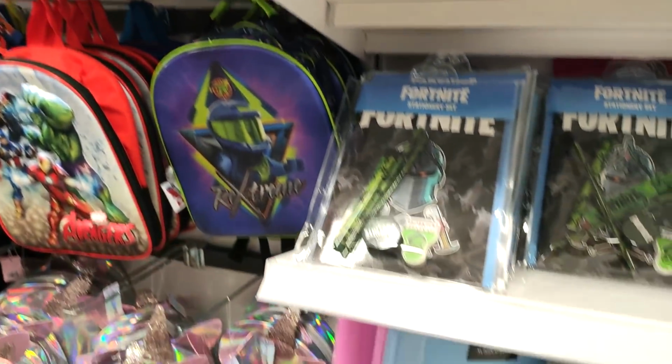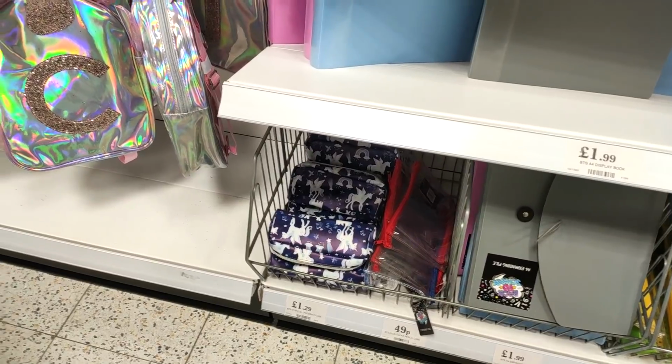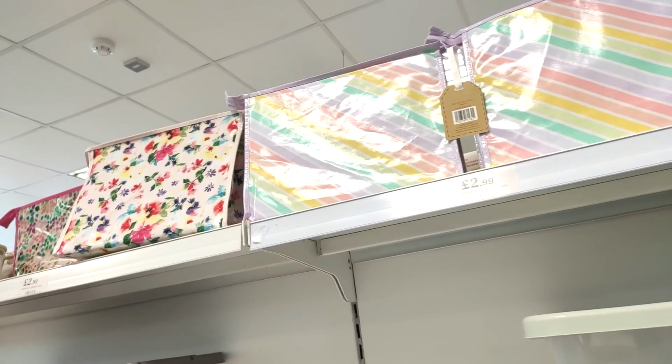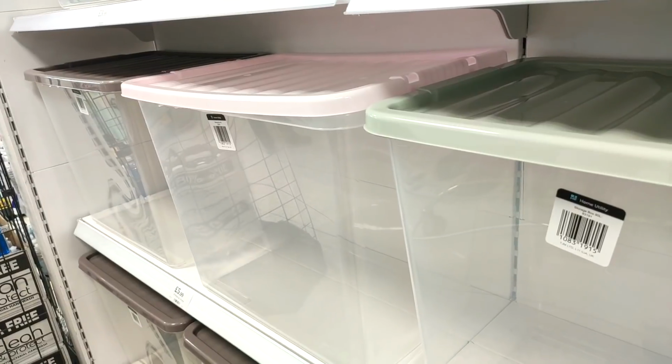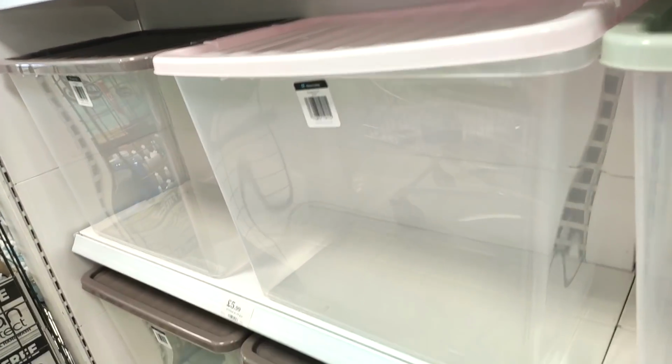And then moving on to the bags and the pencil cases that you can see there. I think they're perfect just for if you've got kids that are starting school. It just makes them a little bit more excited to go, or again, could make a good nursery bag. You can see they've got some pretty makeup bags there, and also randomly they had some storage boxes here, but